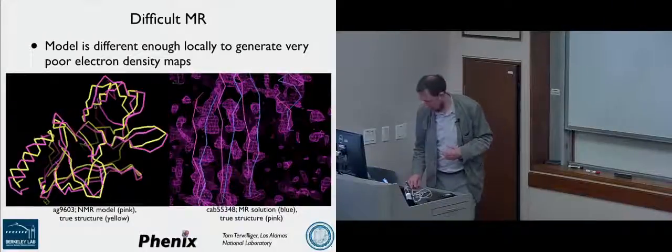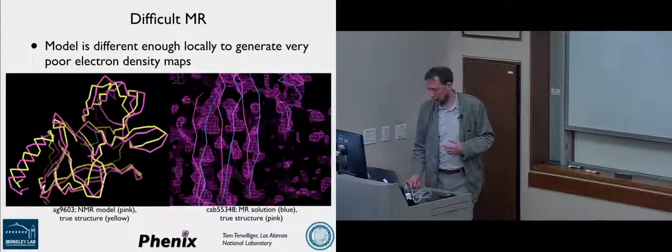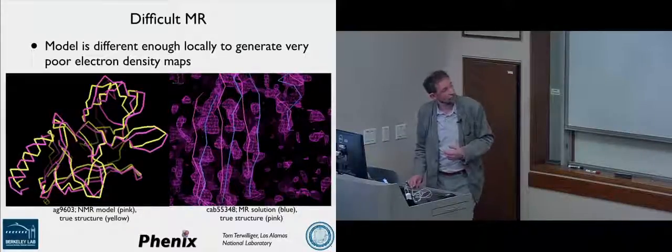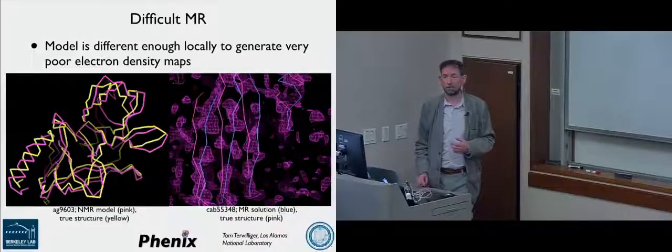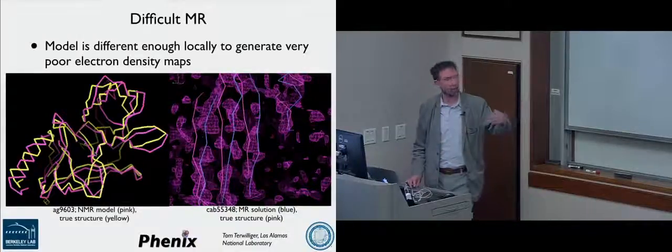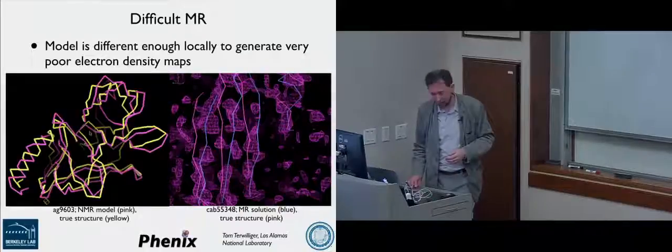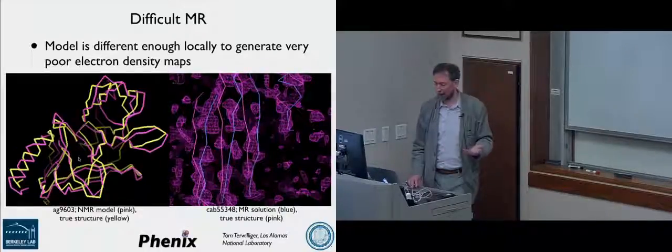Let's say the true structure here is shown in yellow. The molecular replacement model that was placed was shown in purple. And they look pretty similar, right? We can recognize the same fold, but there's enough structural difference such that if you make maps, this is a